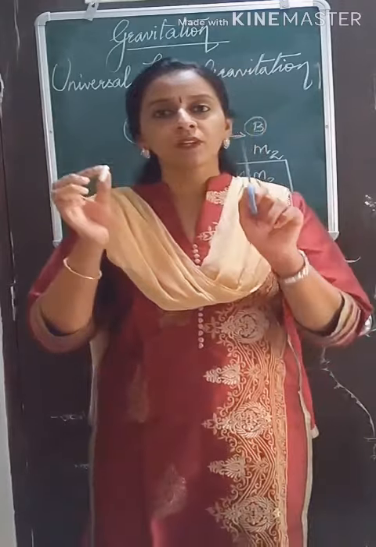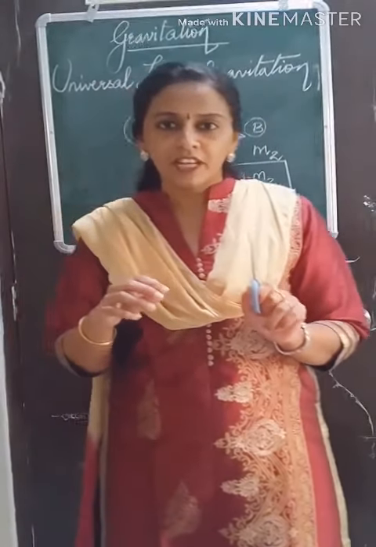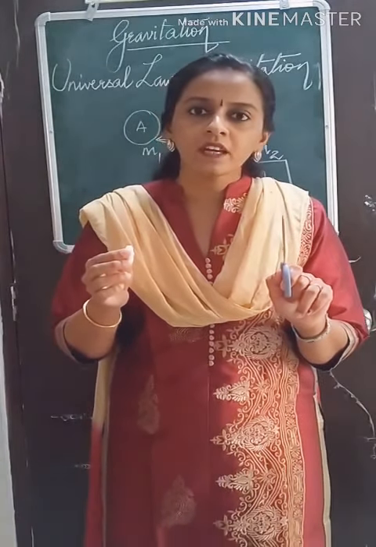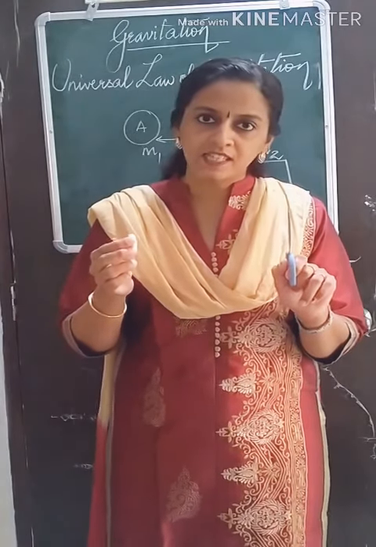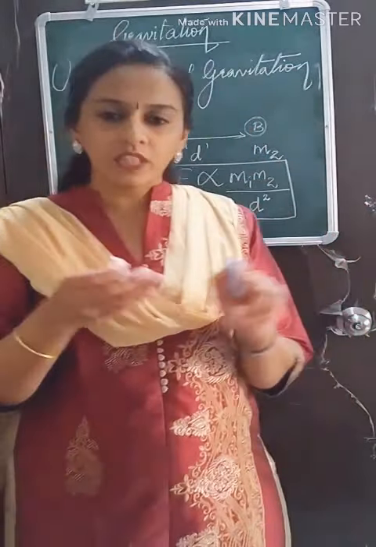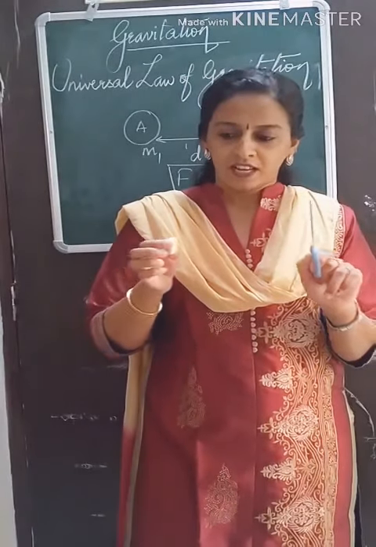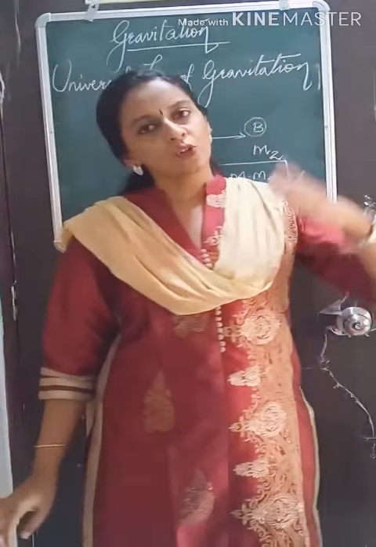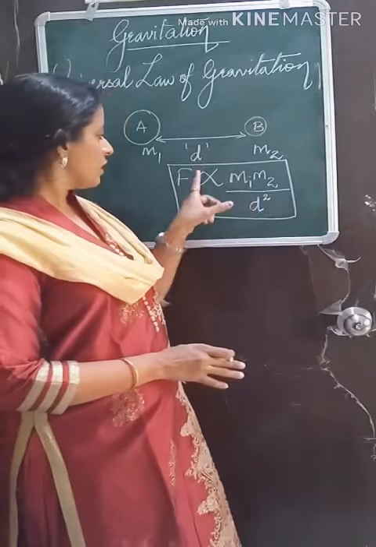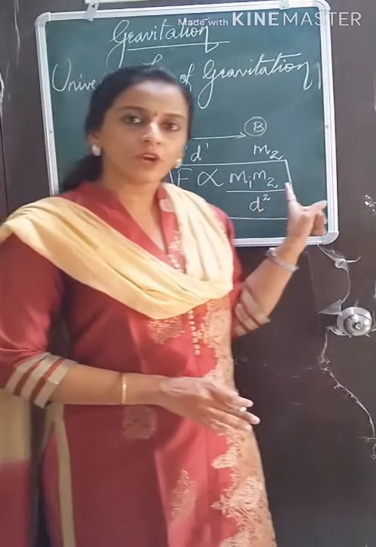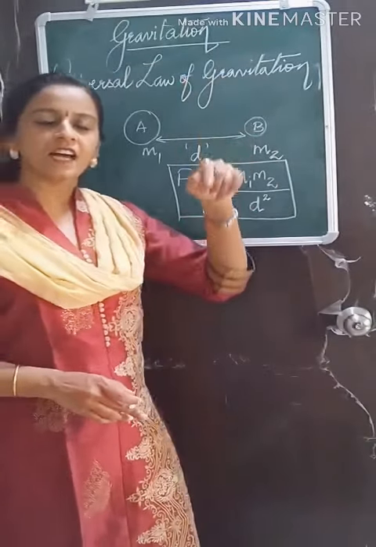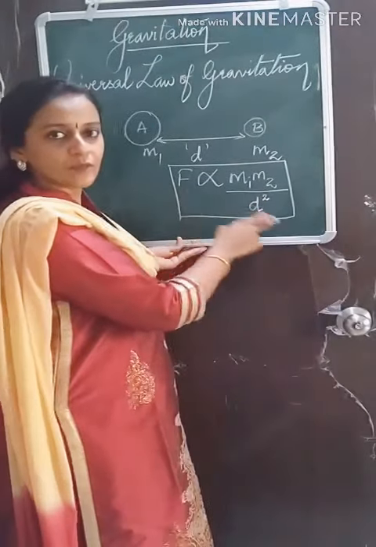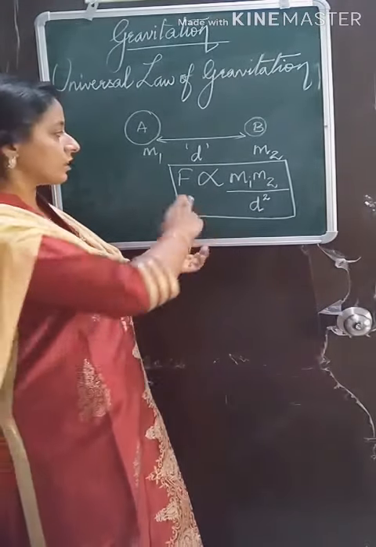Inversely proportional means if one quantity increases, the other quantity decreases. For example, common sense, if these two objects are far away from each other, the force will be less. Inversely proportional: more the distance, less the force. Less the distance, more the force. If one quantity increases, the other quantity also increases, it is called direct proportion. So here it is direct proportion, force and product of masses. One quantity increases, the other quantity decreases is called inverse variation. So the distance is in inverse variation with the force. Understood till here? Copy till here?